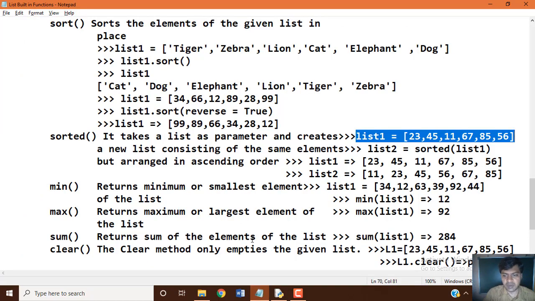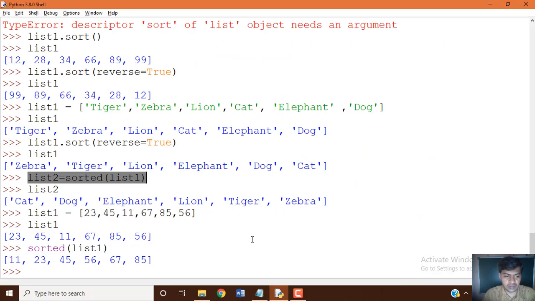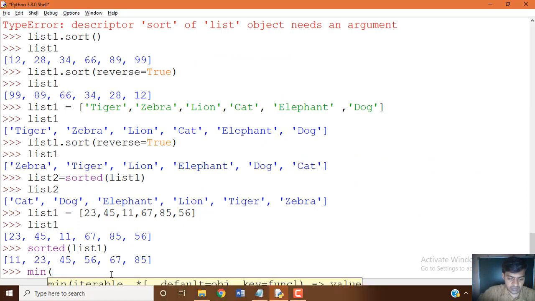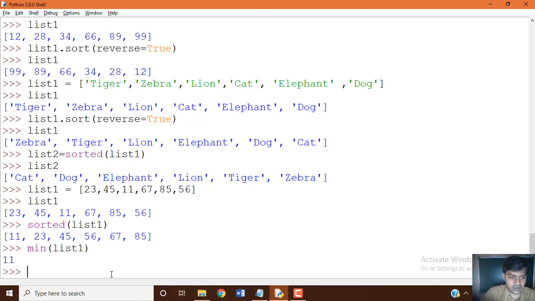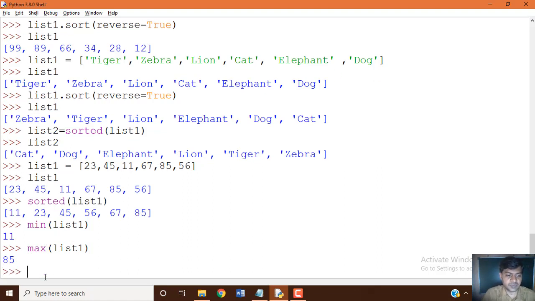In the same manner, when you want to get the minimum and maximum, this is only for numbers. Min of list 1 variable gives 11. You can see 11 is the minimum value. Max of list 1, the maximum value.